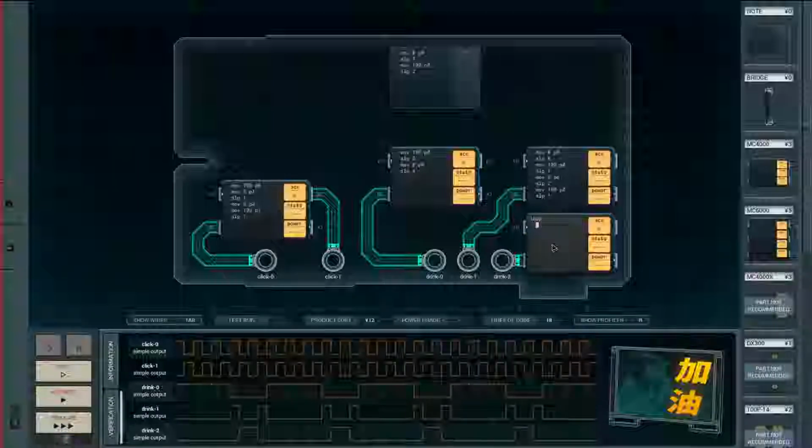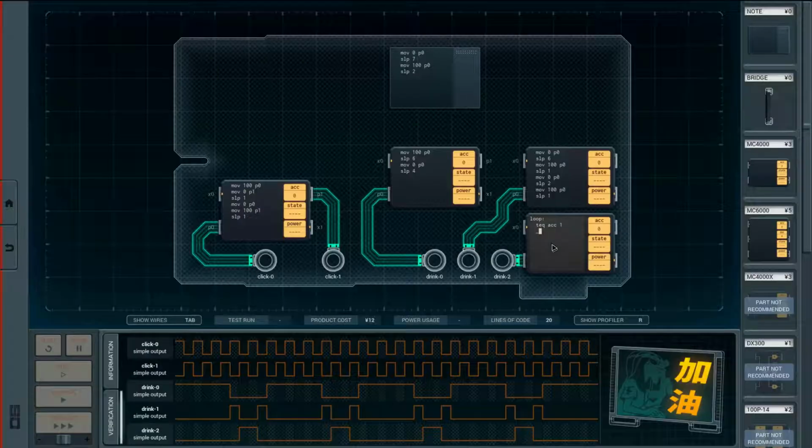I guess I would first test if ACC is equal to 1. If it is not, is that the right thing? I guess so. If it is not, then I want to